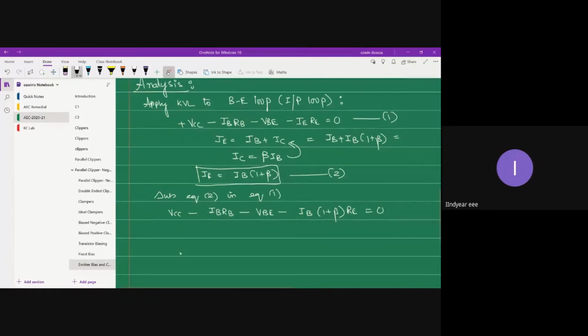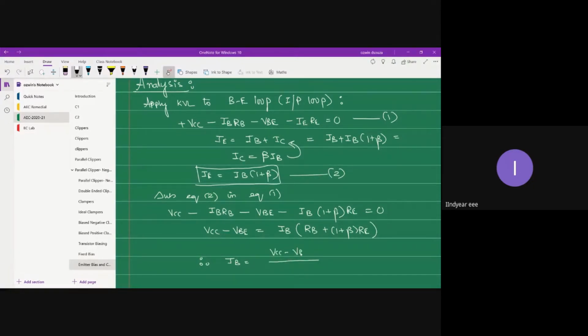Okay, now you can group voltages together and currents together. When you bring the voltage terms to one side, you get VCC minus VBE is equal to, let me bring all the resistive drops onto the right-hand side. So what do I get? I get IB times, I will keep IB outside the bracket, RB plus (1 plus beta) times RE. Close the bracket. Therefore, the base current IB is